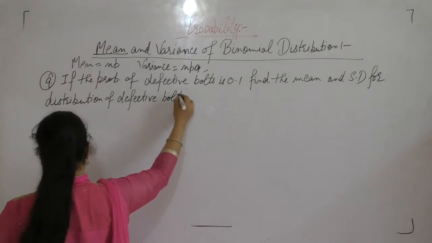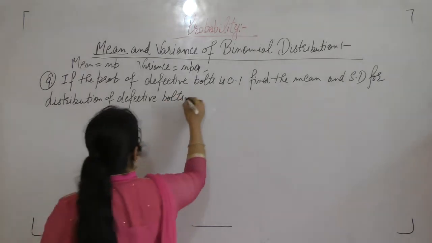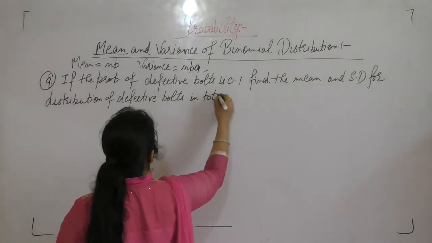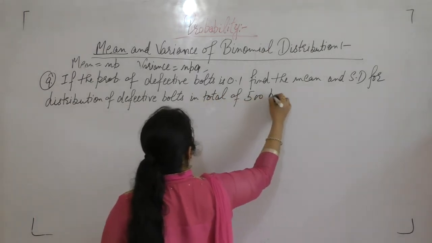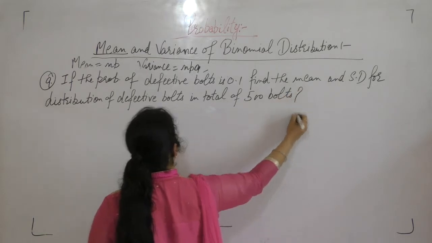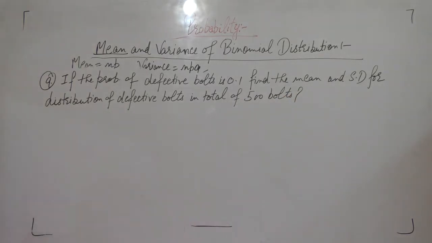Distribution of defective bolts in total of 500 bolts. If the probability of getting a defective bolt is 0.1, n is 500,